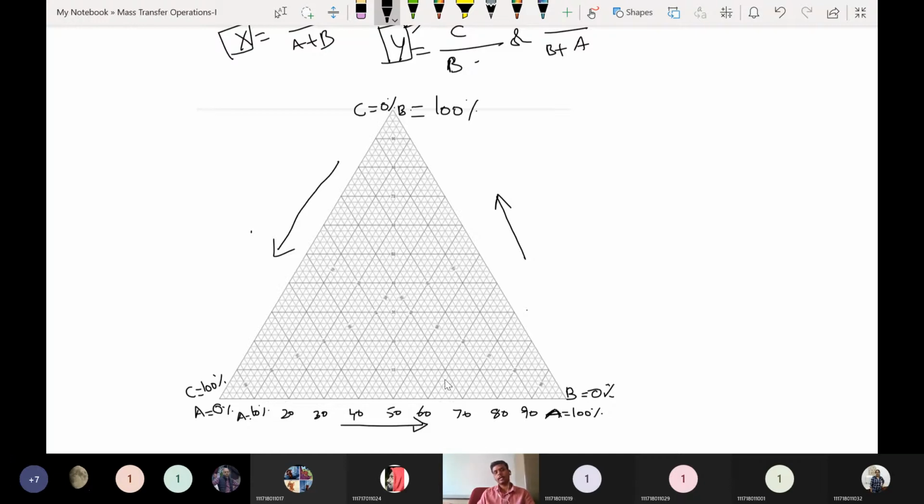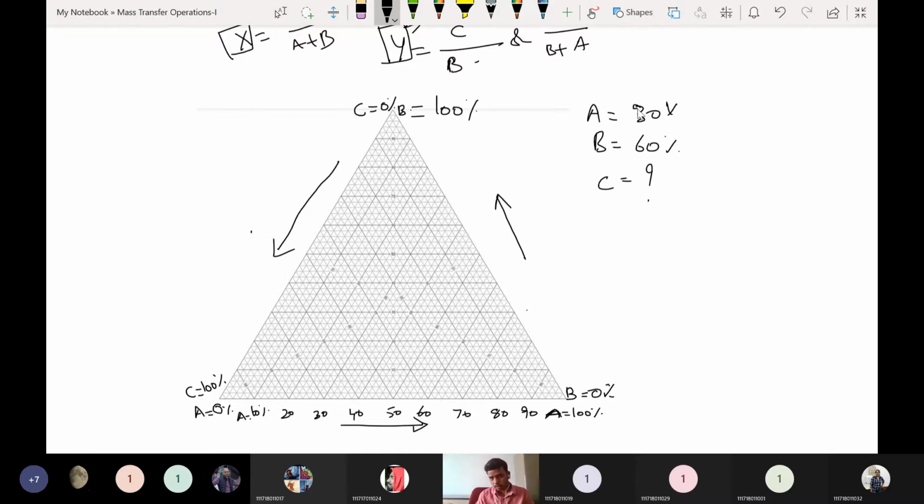If I want to locate A is equal to, randomly we'll take 30%, B is equal to some 60%, then what is the composition of C? So 60 plus 30 is 90. So C will be 10%. We know that directly. But according to this graph, how can we locate? This is the basis for estimation of a number of plates or the composition. We have to project this up to the distribution curve.